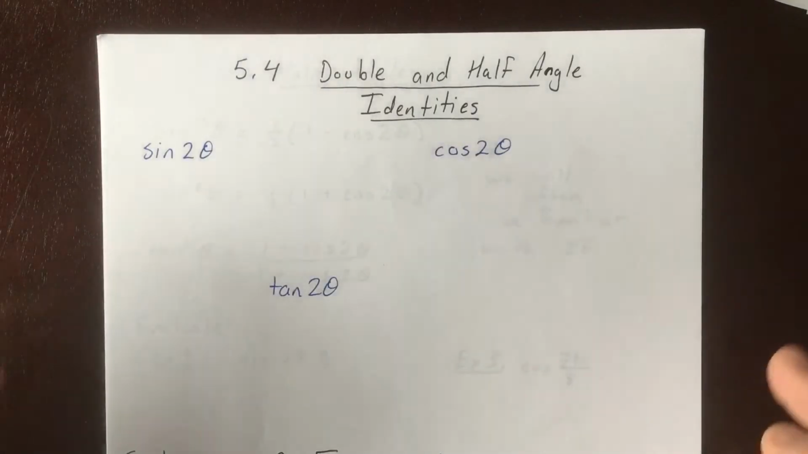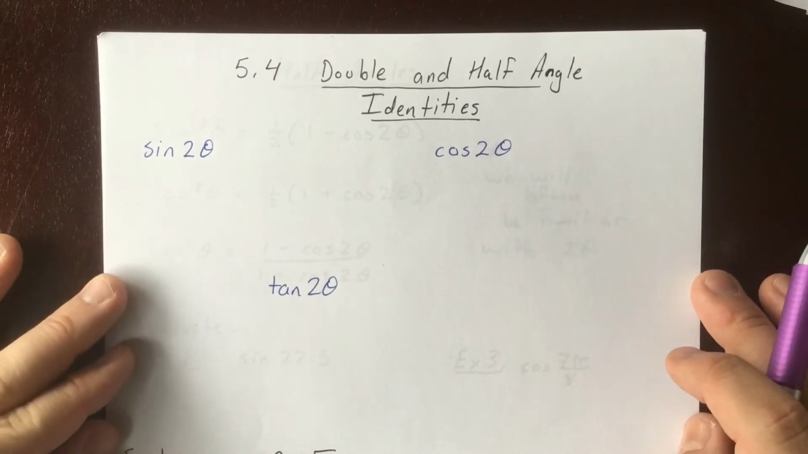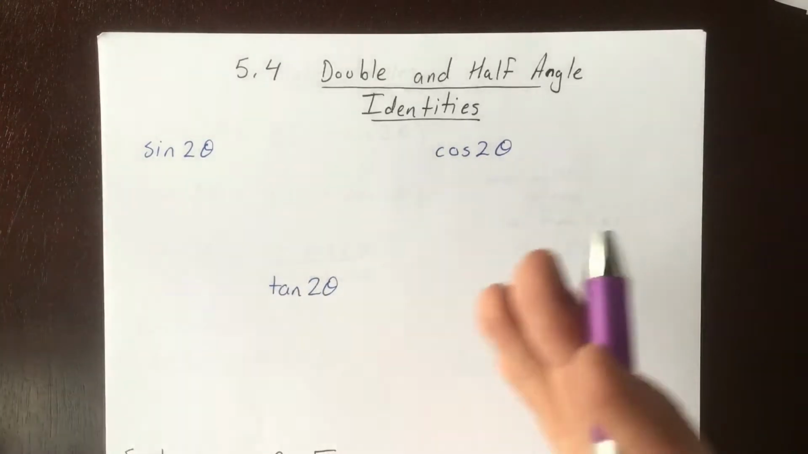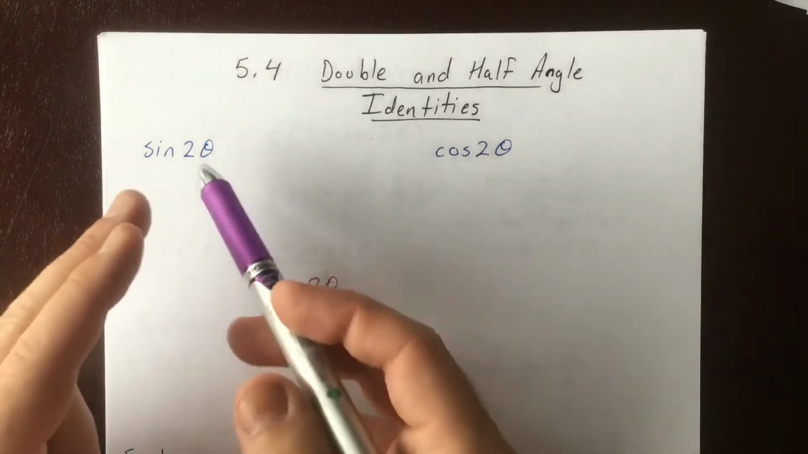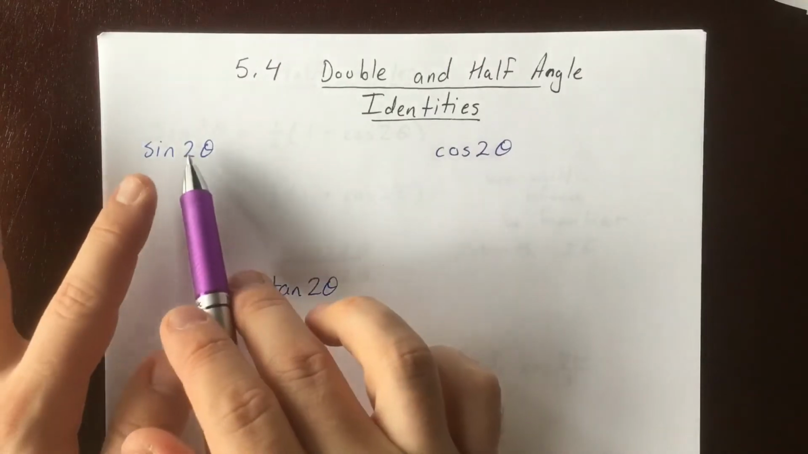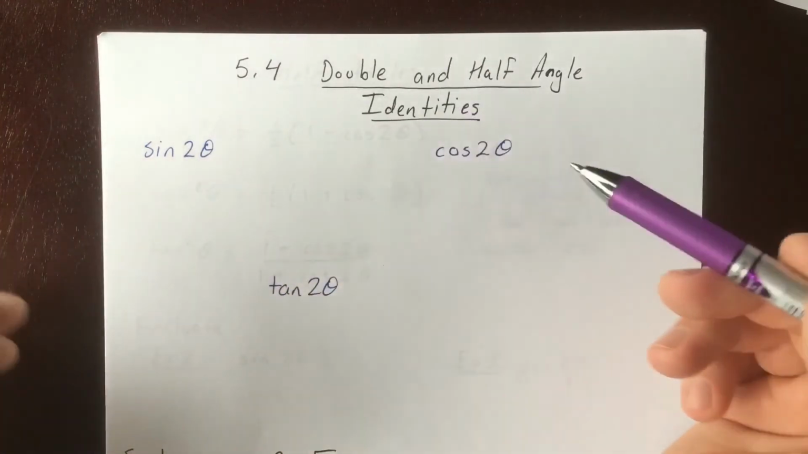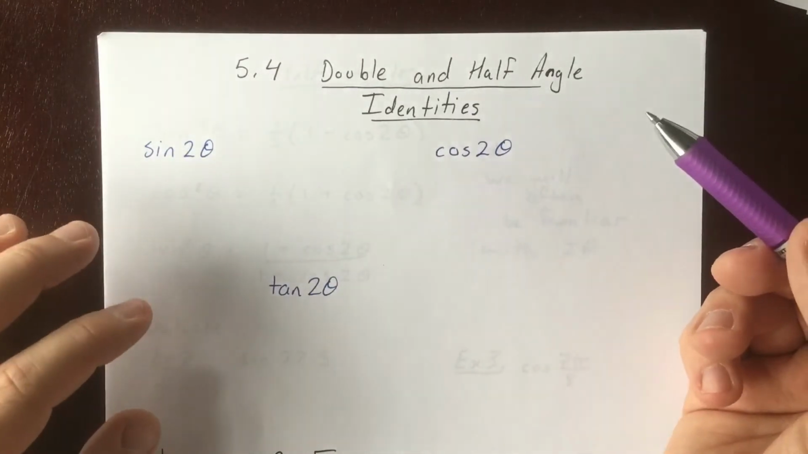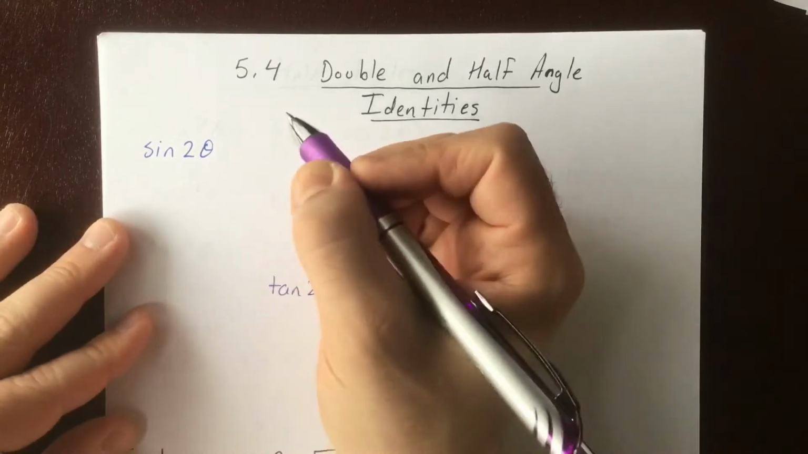Welcome back, guys. In this video, we're looking at the double and half angle identities. You just came from looking at the sum and difference identities and applying them to actual situations. You've seen before how we can come up with the double angle identity for sine and maybe cosine too. So if I say sine of 2 theta, that is the same as writing